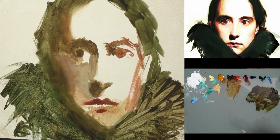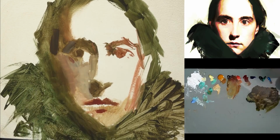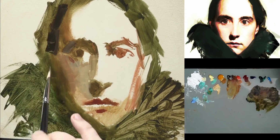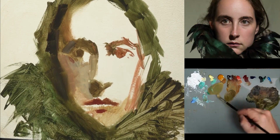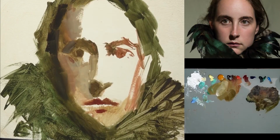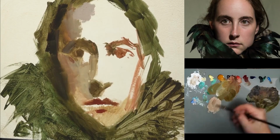Like you can see that the distance between the eyebrows is way narrower than I see it in the photo. It doesn't matter because I'm going to paint over it anyway. What is really important is just the placement of the most crucial features and landmarks of the head. As usual,